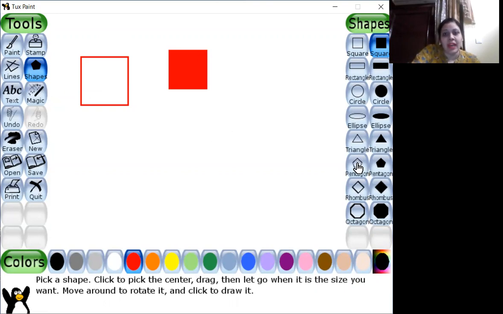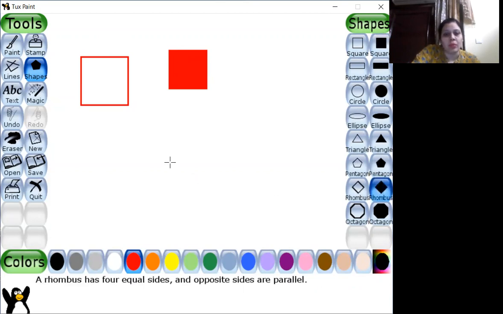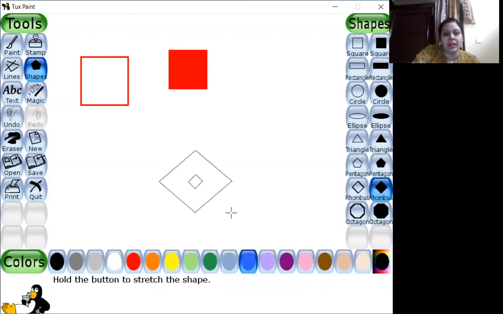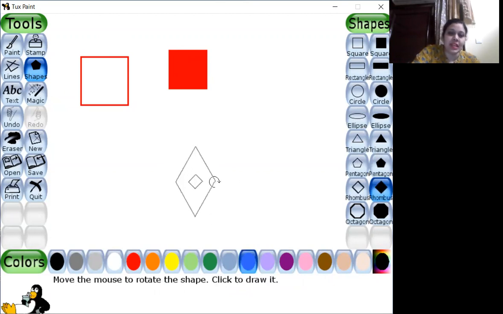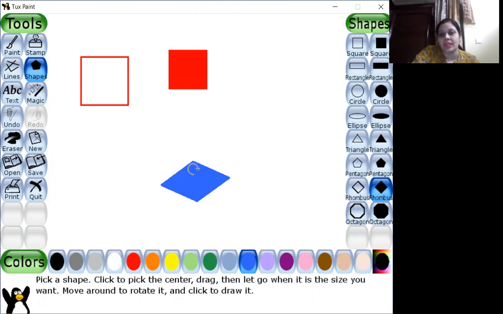The other thing, we have a rotation option also. So suppose I'm going for a rhombus here with a blue color and I want to draw it. But now once I have drawn, you can see I have not clicked yet. So there is a rotation handle. So with this rotation handle, you can move it any way you want. Suppose I want it this way or this way, I can move. Now this is the rhombus here. Okay, got it?